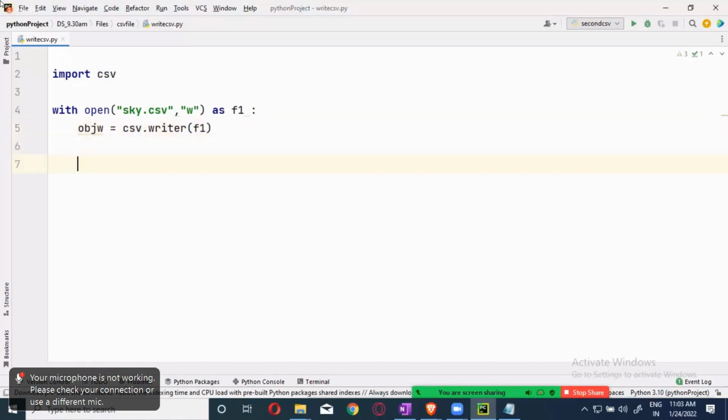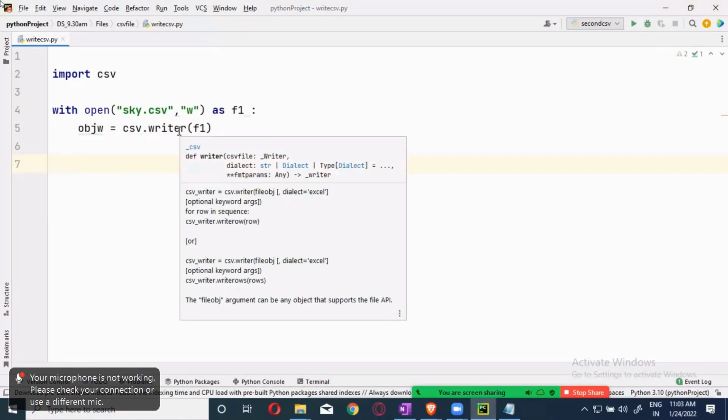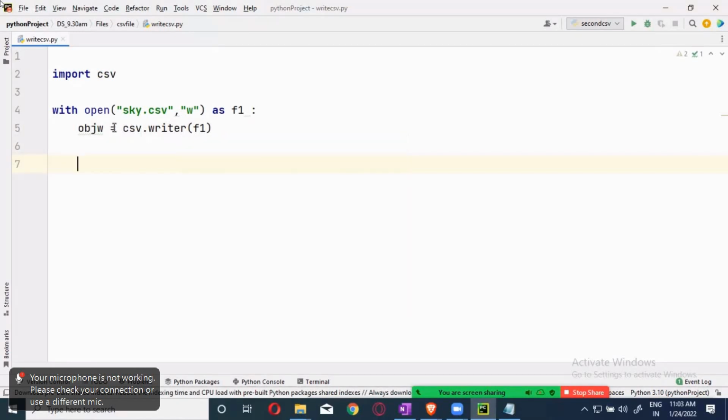Now here I created a writer object. Now this will create a CSV file sky.csv, and the properties of the writer with the file are merged and it is there in objw. Okay. Now what we are going to do is,